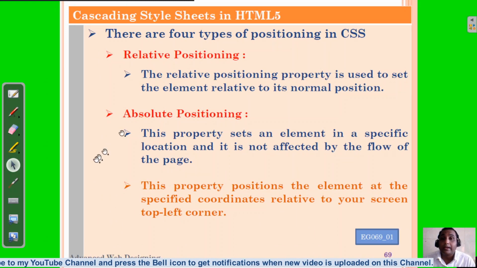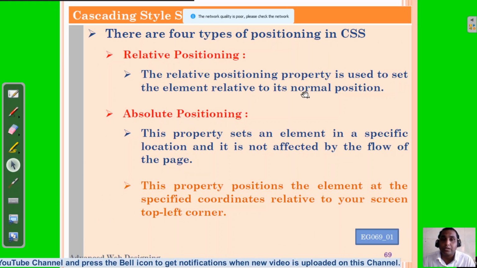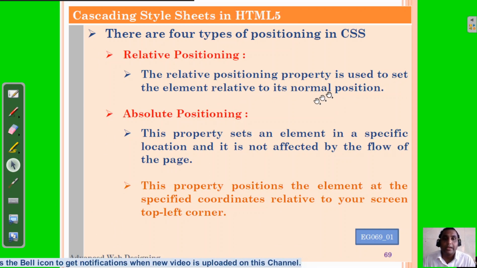Then you have relative positioning. The relative positioning property is used to set the element relative to its normal position. Relative to a normal position means that if some HTML element was previously displayed, then relative to that previous element, the next text will be displayed. And absolute will be